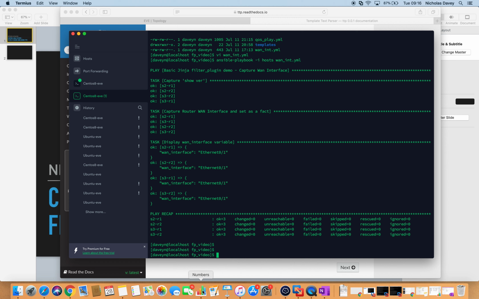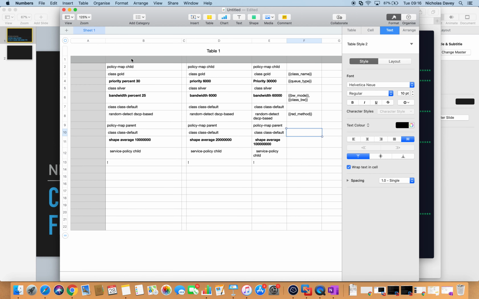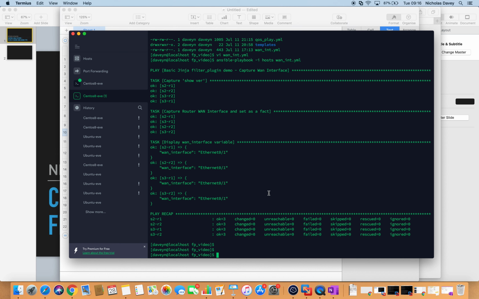So first up, the config that I have on my routers is a parent class that just shapes average to a bandwidth and calls a child class. And the child class is simply a 3 class model, gold, silver, and a default with the bandwidth either configured with the percent or with the actual values. So if we want to have a look at the parent class starting off,